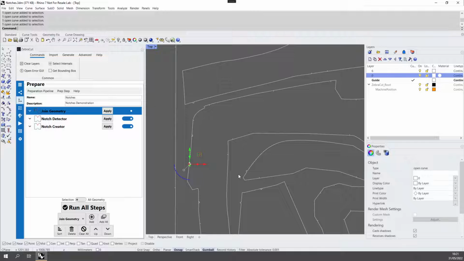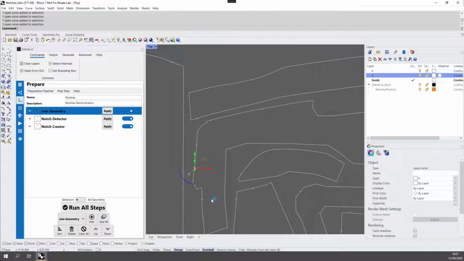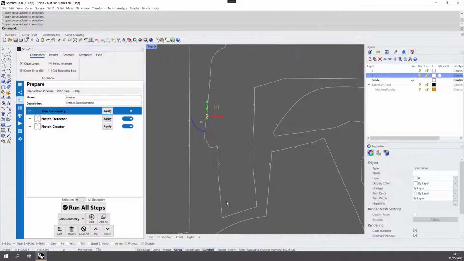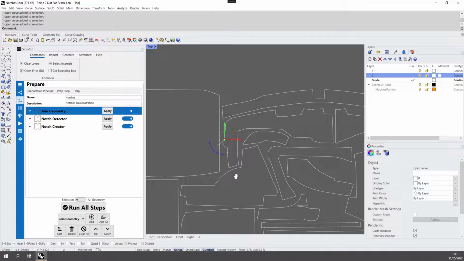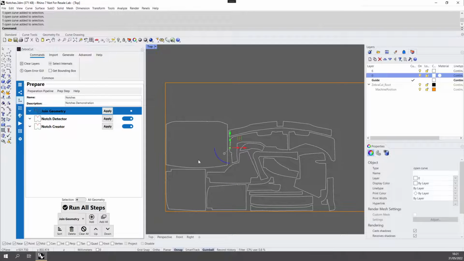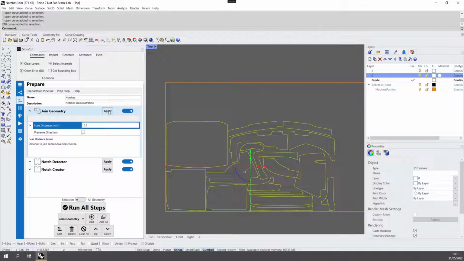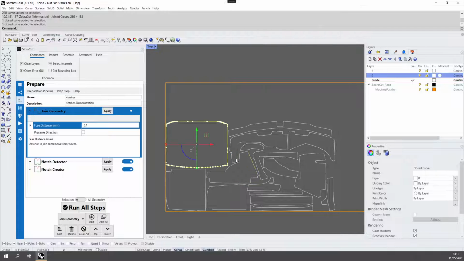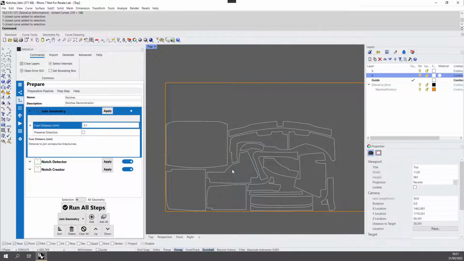But for the purposes of the exercise, what we want to do is try and make these more uniform in our file, to make it easier for the manufacturing of this garment. So let's try and detect these notches. Before I do that, I need to make sure that everything is joined. So I'm just going to select my geometry, and I'm in selection mode for preparation, and I'm going to run a join geometry preparation step. So if I just hit join, you'll see that we now have closed outer contours for each of our shapes,